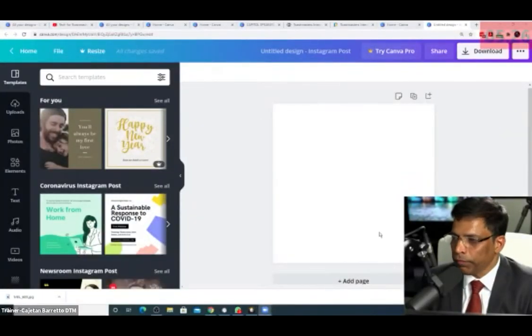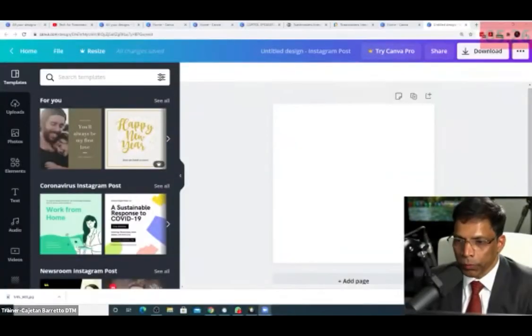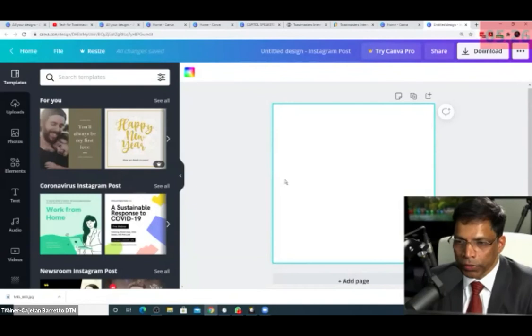So do you have the screen with you? Something like this? Yes. Okay. I first chose Instagram. Yes, so you will get a square shape like this. The first thing you'll do is click anywhere on this square shape, so you get this blue line around it. And you see this button here, which says color.